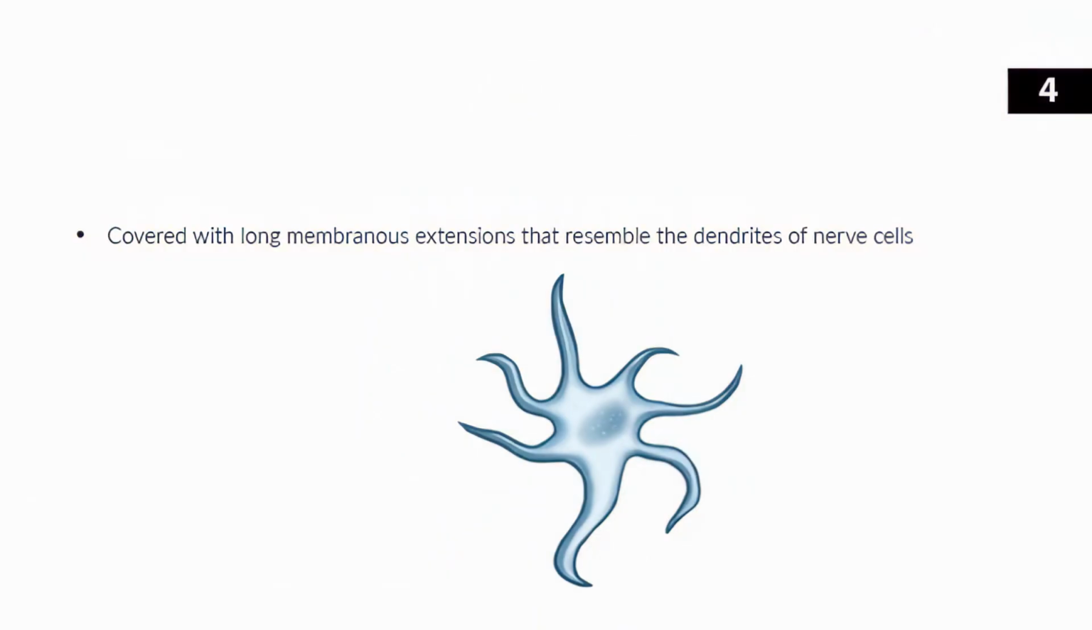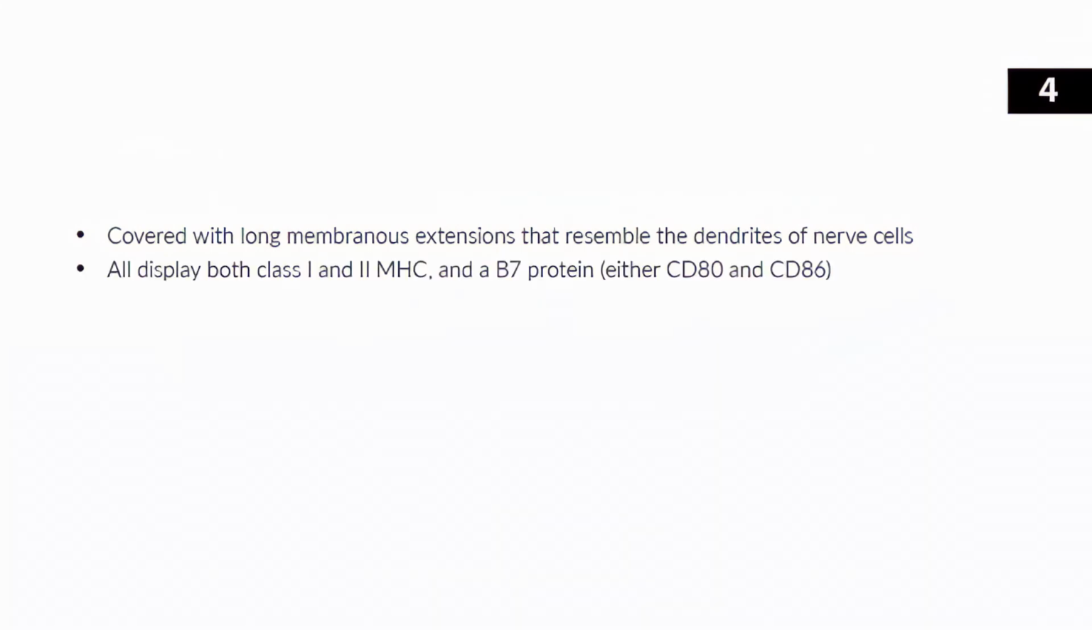They're called dendritic cells because they're covered with these membranous extensions that look like dendrites on a neuron. And they've got their feelers out, trying to capture any antigen that may come along. Dendritic cells display both class 1 and class 2 MHC molecules. Class 1 because all nucleated cells display MHC1, and class 2 because that's how they present the antigen to the